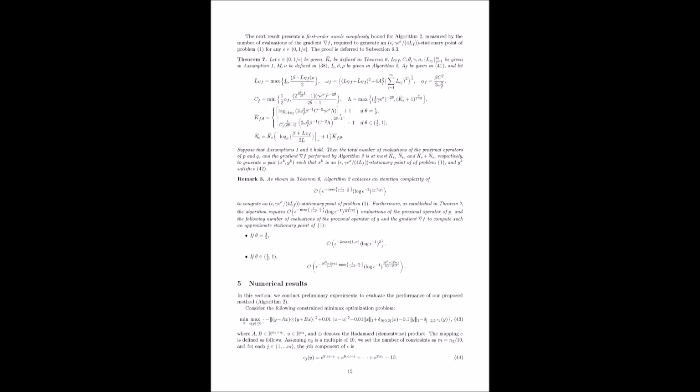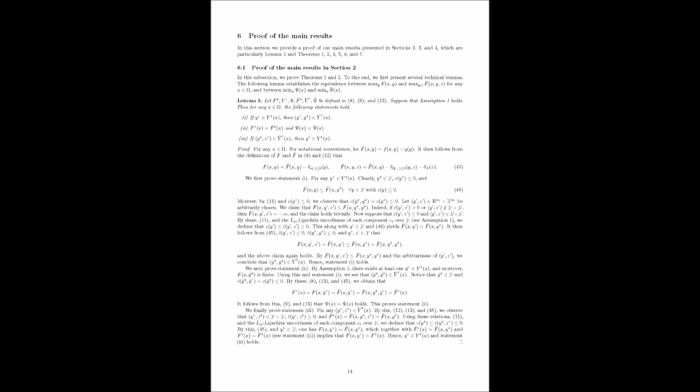The authors explicitly show that the lifted function associated with this example fails to satisfy the KL property globally. Where does it fail? What's the specific point of failure? The failure occurs at a particular point. Let's analyze what happens there. First, they calculate the subgradient of the inner problem's objective with respect to z at this point for fixed x. It turns out that the distance from 0 to this subgradient is exactly 0.